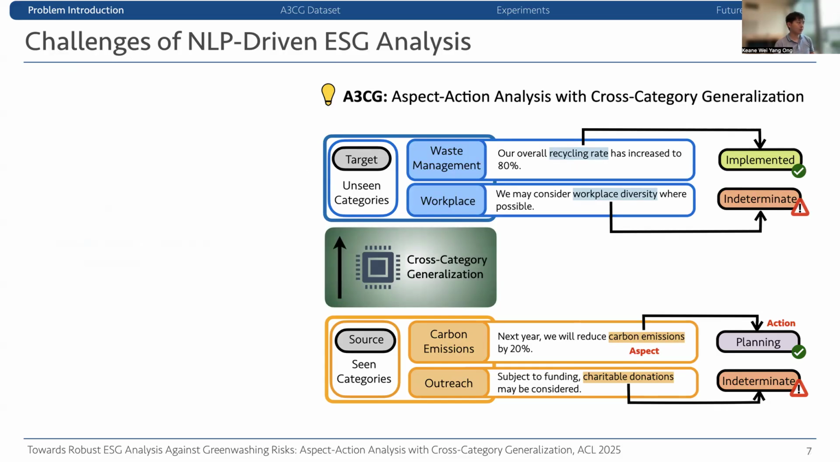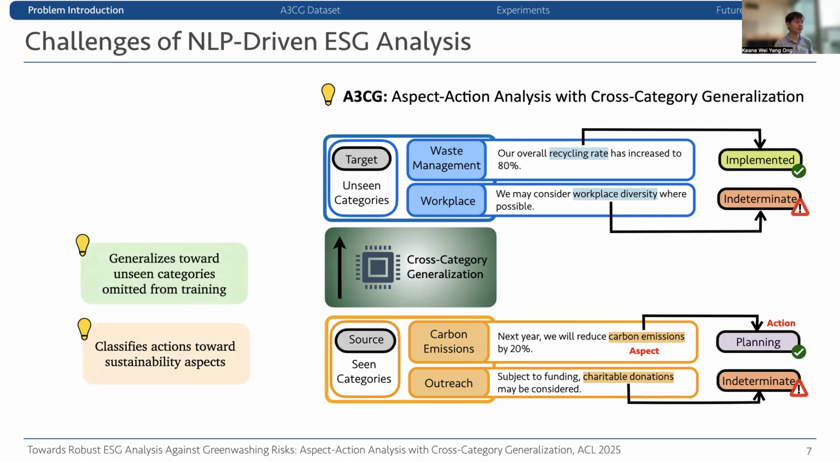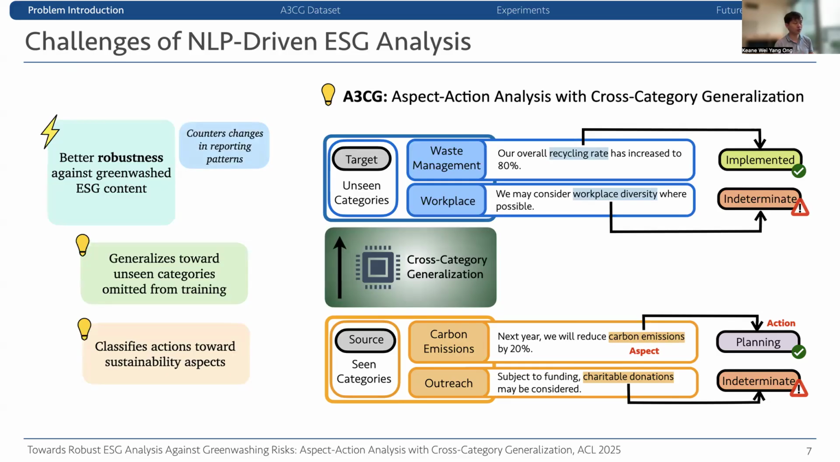So just to recap, because there's a lot of things to unpack here. The idea is to classify actions towards sustainability aspects and to generalize toward unseen categories omitted from training. In this way, we argue that there's better robustness against greenwashed content because it addresses two things which are common with respect to the challenges that we've seen earlier. So first,